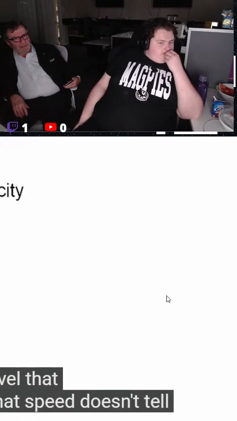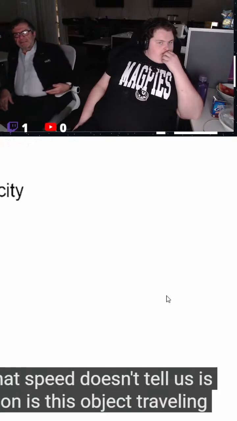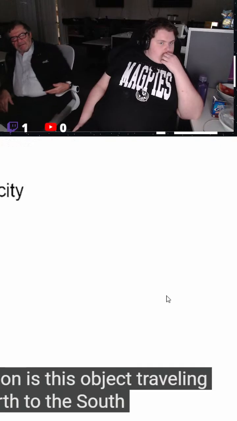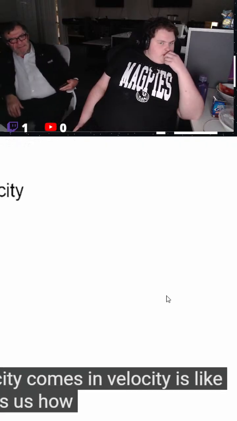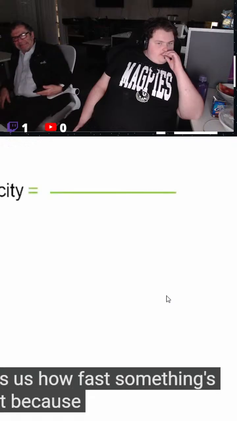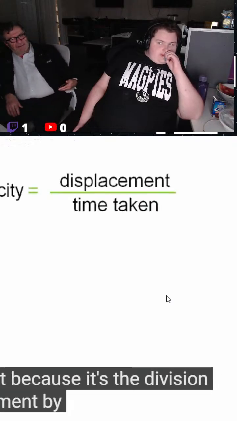What speed doesn't tell us is what direction this object is travelling in, from the north to the south, over time. This is where velocity comes in. Velocity, like speed, tells us how fast something's travelling, but because it's the division of displacement by time, it's a vector quantity,